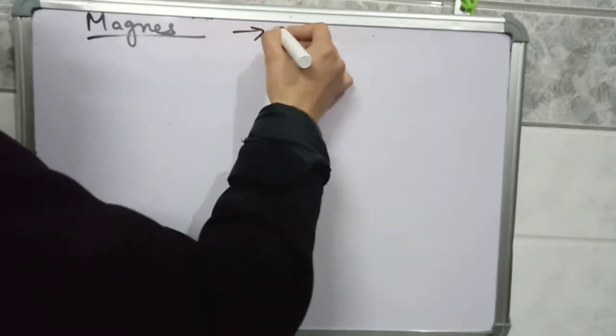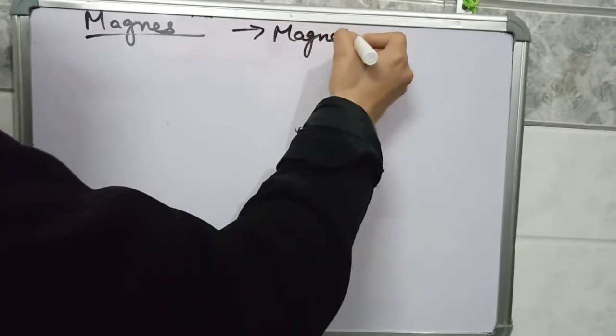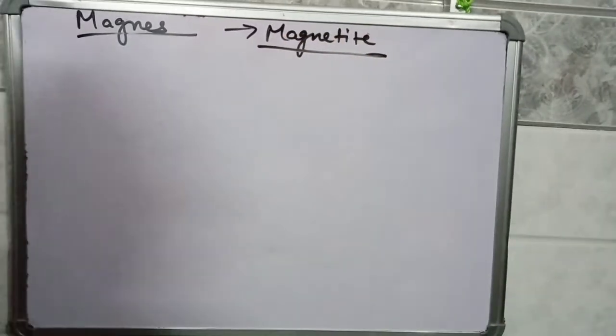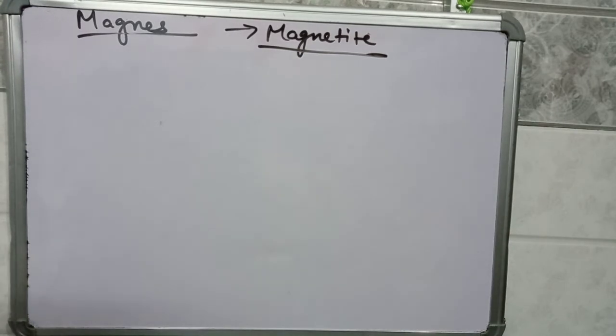That natural magnet present there was named magnetite. The magnet which is obtained from the surface of the earth is named magnetite. Another story is that magnetite was discovered at a place in Turkey known as Magnesia, and from there magnetite got its name. From Magnesia it was converted into magnetite.